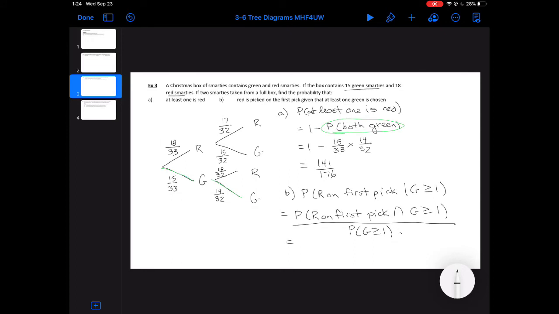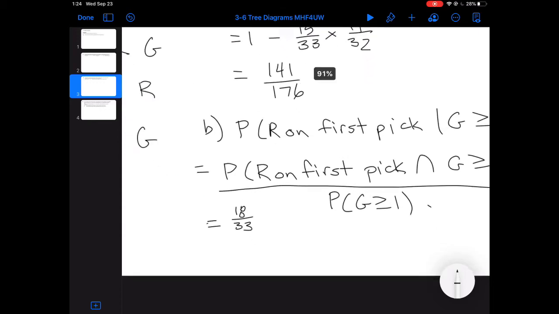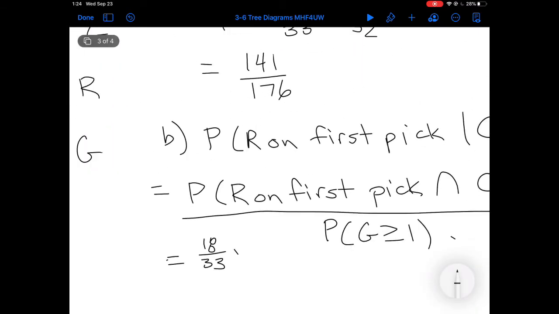So we've got the probability that we get a red on our first pick and a green on the second, which is 18 over 33. That's red on the first pick. And we're going to multiply by 15 over 32, which is green on the second pick. Okay. Now, on the bottom, what we're going to do